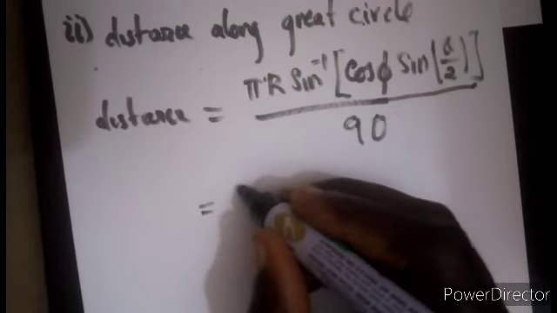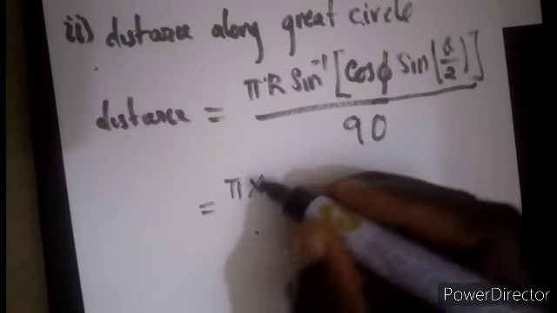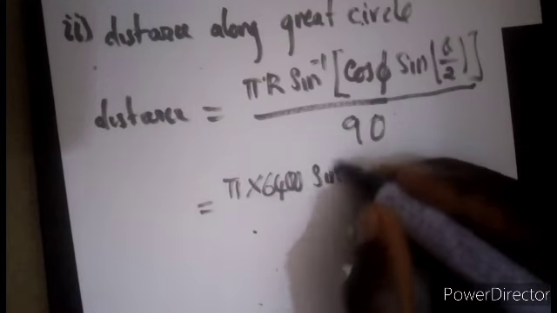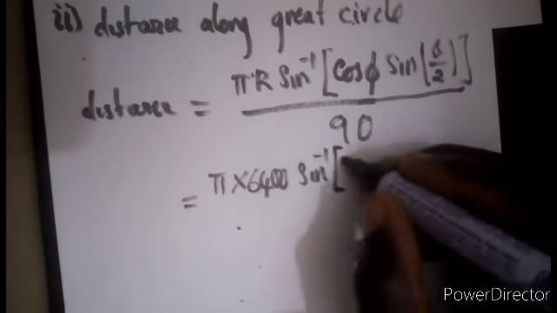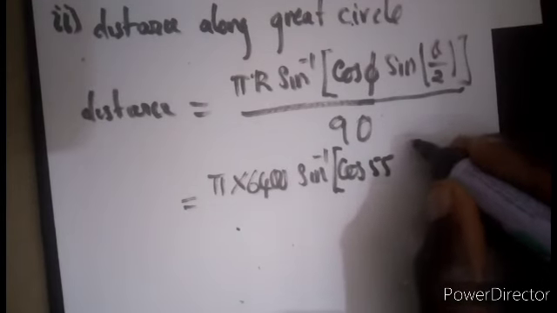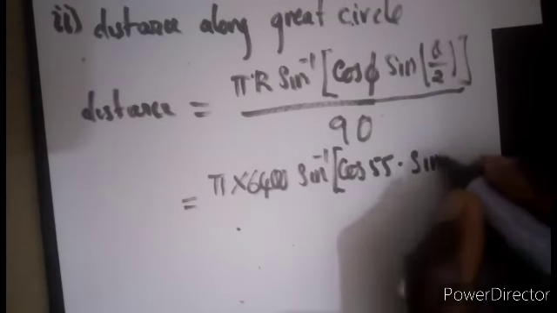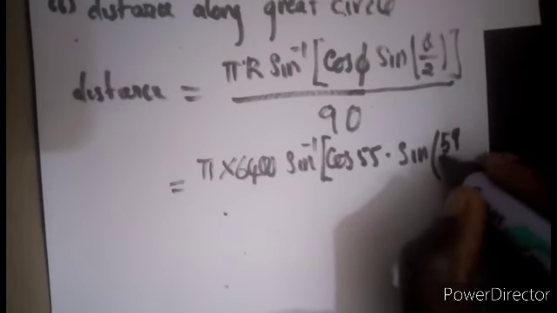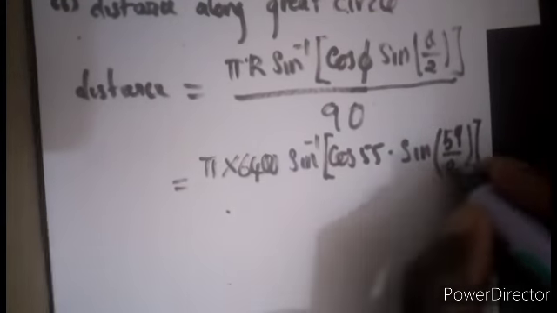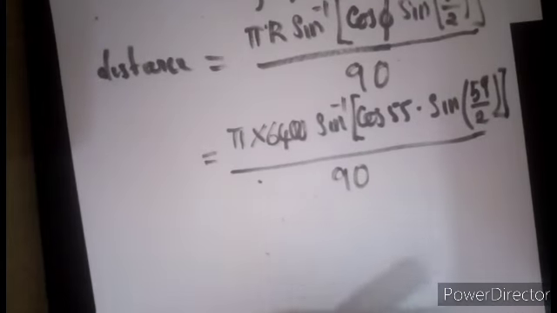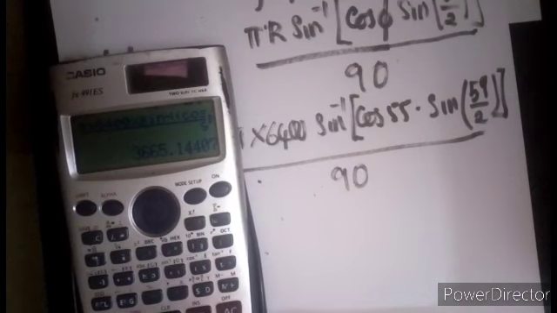So we have pi times 6400 times the sine inverse of the cosine of 55 times the sine of 59 over 2, divided by 90. So we have